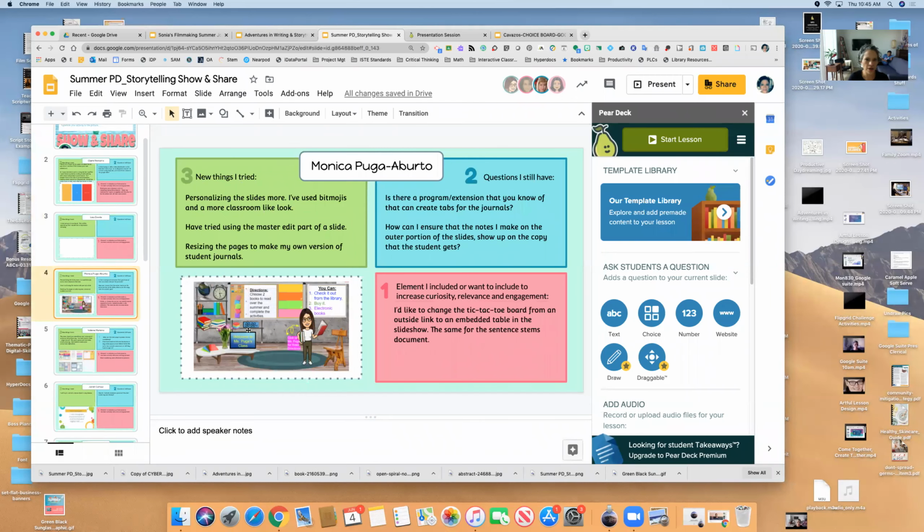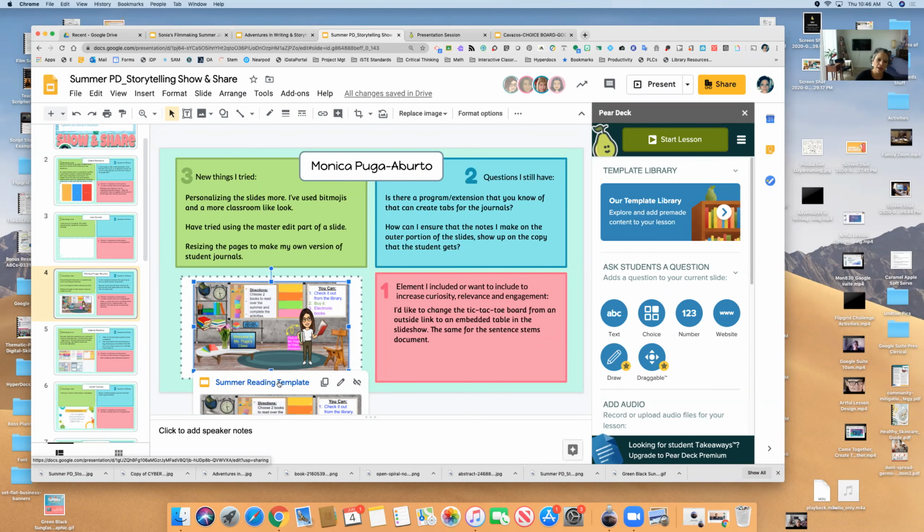This one down here is a really great example that Monica came up with. She wants to personalize her slides more using Bitmojis, and also wanted that classroom look. This is something I've seen on Twitter. She took it right away and ran with it, and took the template and made it her own.